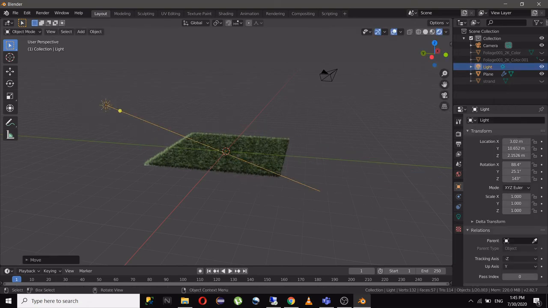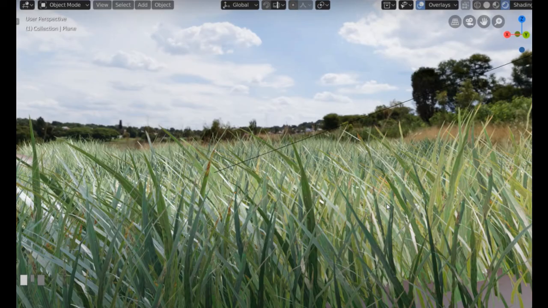I highly recommend you, and we will just do the settings and everything for sun, and this is my final view. So I highly recommend you to go and make different variations of it, rotate it, scale it, and this is what it should look like.